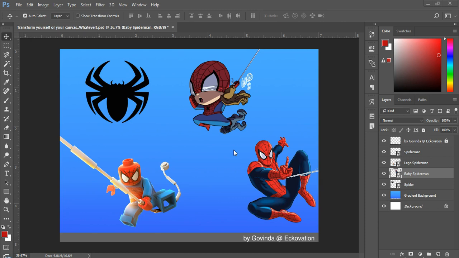In this video, we are going to learn about the transformation tool. Well, it's not exactly a tool because we don't see it in a toolbar, but it's still a very important feature which you'll repeatedly use in your work in Photoshop. Now, why do we need this transform tool? Because there will be a lot of times where we'll need to change the shape, size, or rotation of our image or layer or the canvas to meet our design requirements. And this is the tool we need to do such changes.